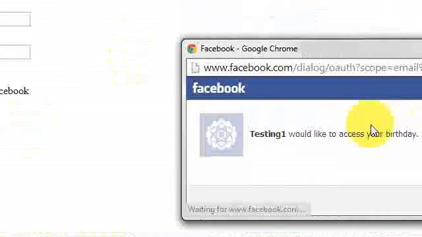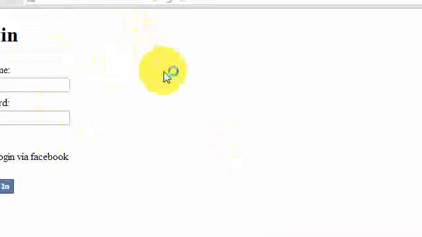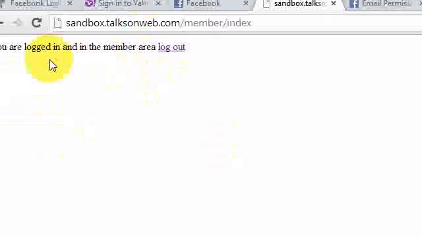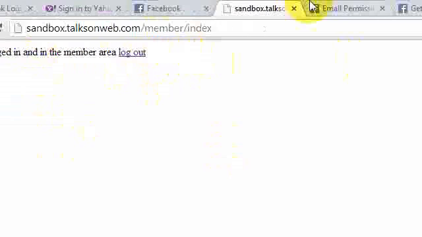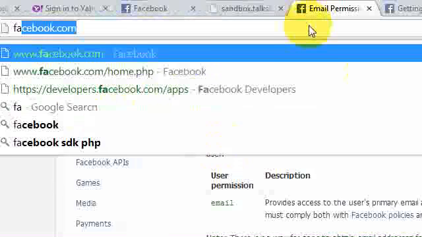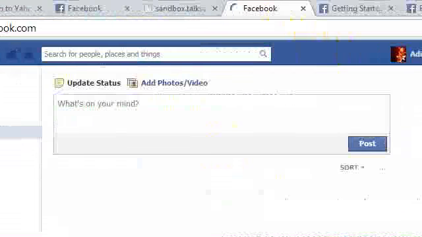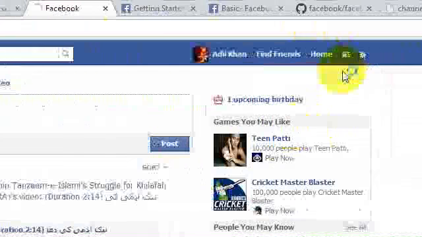So I'm going to go here, click on Facebook login. It asks me for my birthday. I'll say okay, go ahead and do that. After doing that, I should be logged in. I am logged in to my members area. I can log out easily, and I'm going to jump over here and say Facebook, and I'm going to go here, account settings,